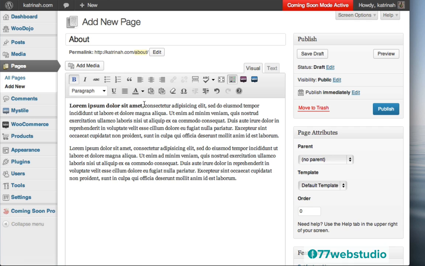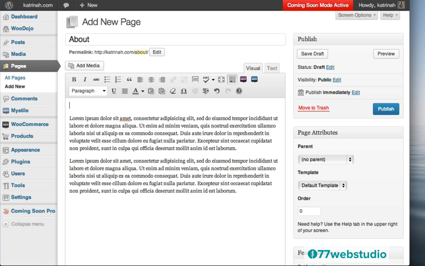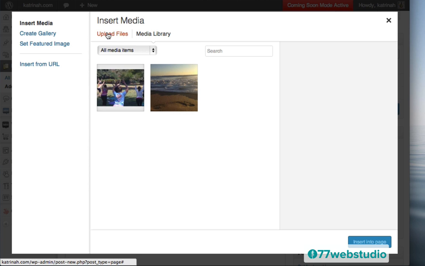So okay, I'm going to remove this formatting here by just highlighting it and clicking on this remove formatting eraser. And then I want to also add an image right before the text, or I should say to the left of the text. So what you need to do is just place the cursor where you want the image to be displayed, click on Add Media right here at the top, and then you need to select your file.